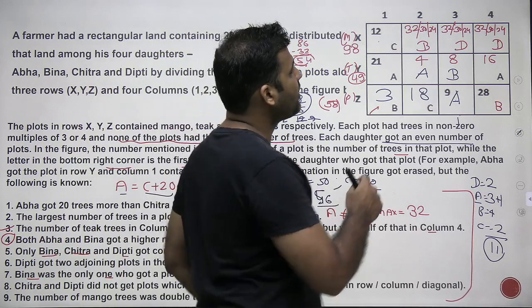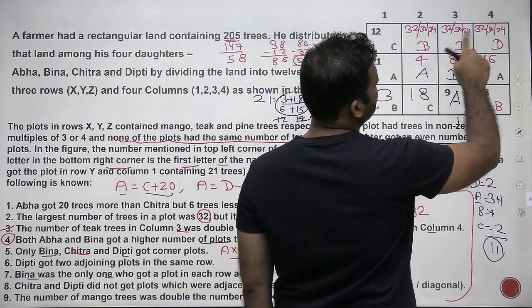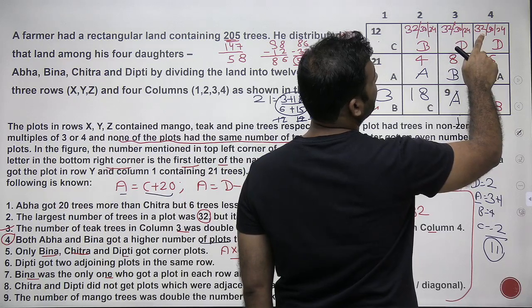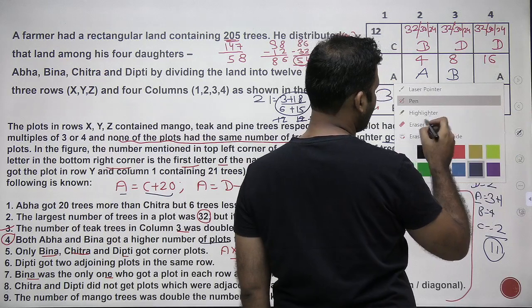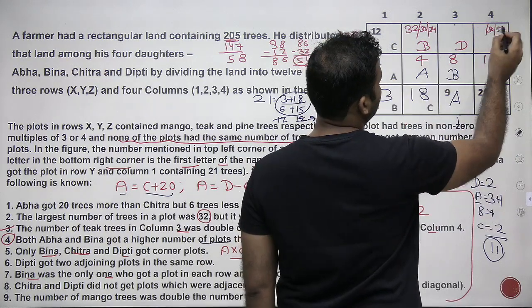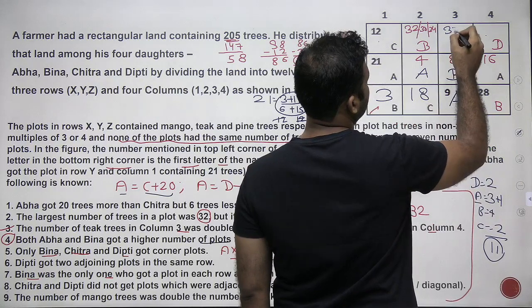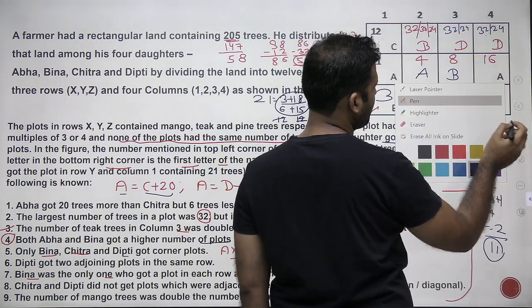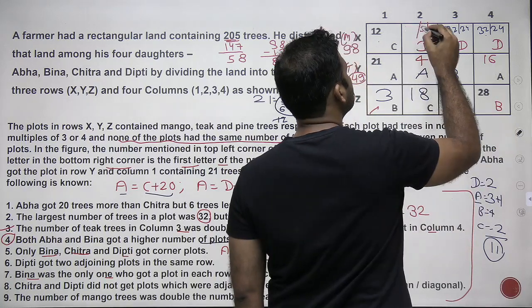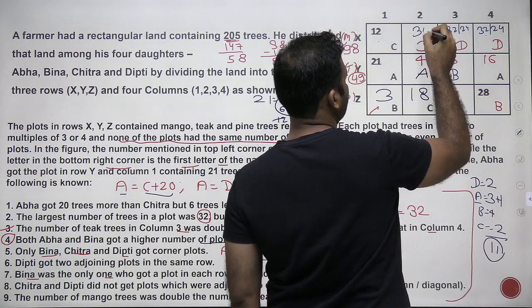Now, if I want to give 56 trees to Dipti, you see which of these two values will give me a summation of 56, and that's only 32 and 24. So can I say that both of these two cells will be either 32 or 24, right? 32 or 24, so that the total for Dipti can come out to be 56. And this value, you see, for Bina would then definitely be 30, right?